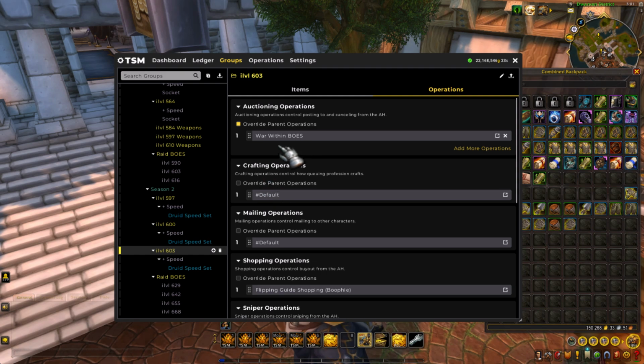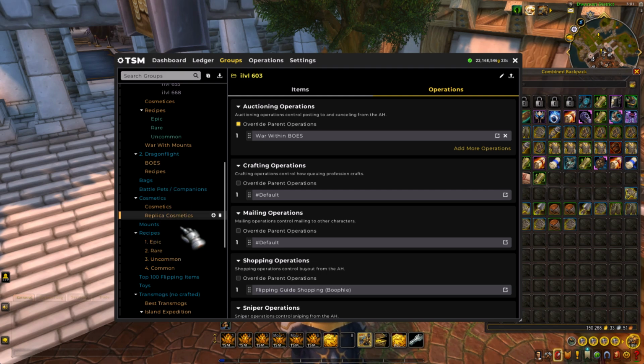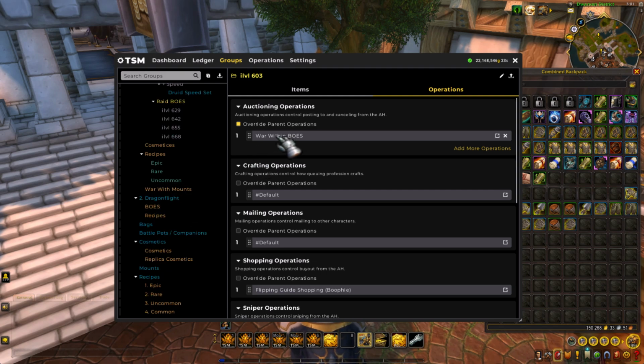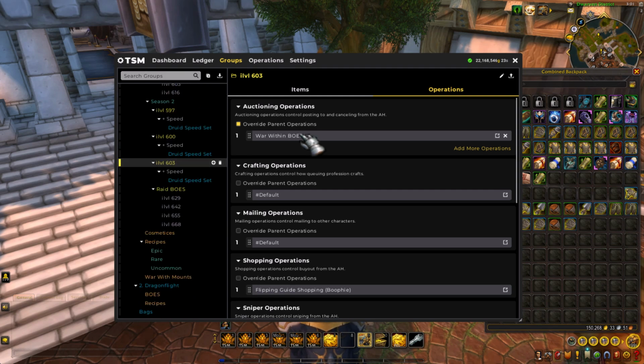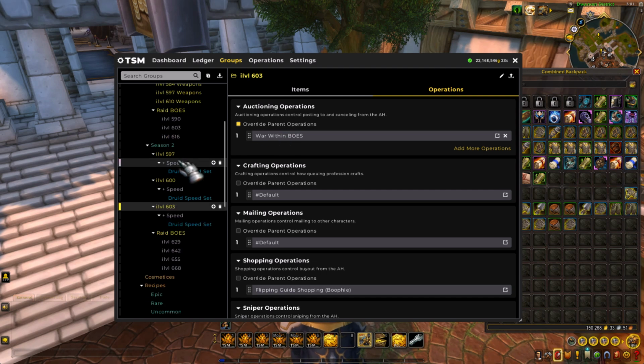Another new thing that I've added, I've made their own operation for all of your War Within BOEs. Before, they were just sharing the same posting operation as all the other items. It was my main operation. But now I've made a specific one for the War Within BOEs, and these go for a lot higher price and a lot higher percent that it's trying to get for these items. Basically a lot better deals, where this operation wouldn't work on, say, an item worth 5 million gold, because it would post it for gold cap because it's such a high percent increase. So I've made this specific for the War Within BOEs and you get a lot better price for them now.